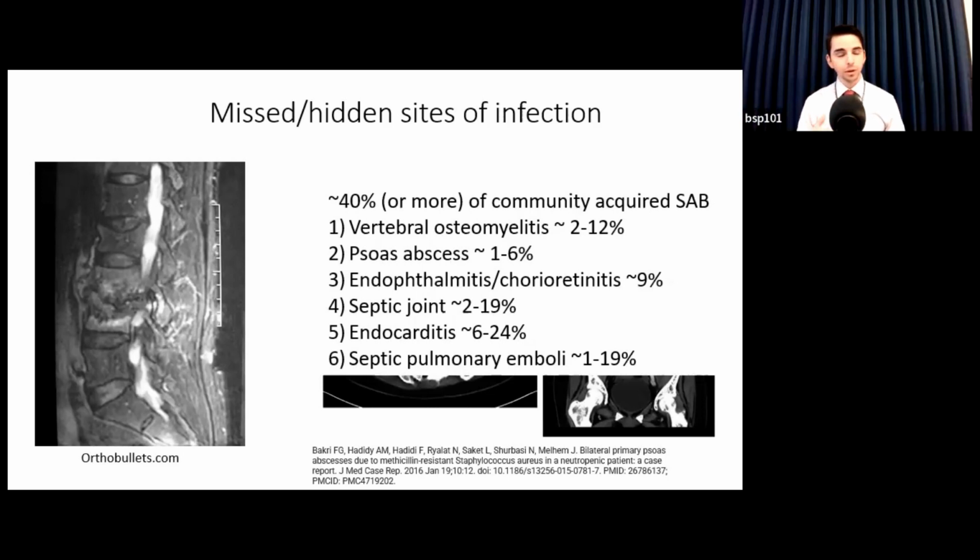And when we're talking about hematogenous-based infections where bacteria has gotten to the bloodstream and caused that specific infection, Staph aureus is the #1 cause of all of these. And so these are the things that we are particularly looking for when we come by and we evaluate patients with Staph aureus bacteremia.